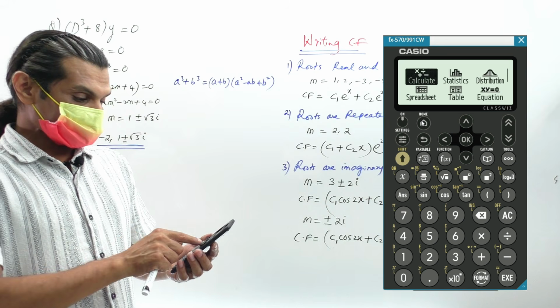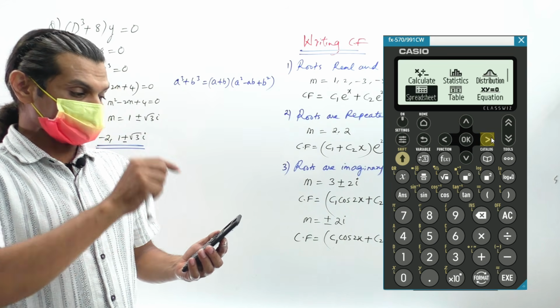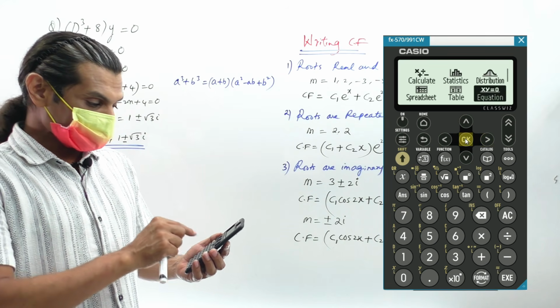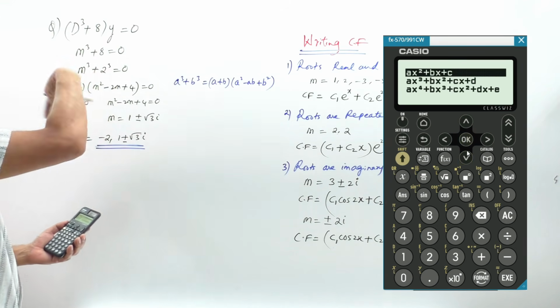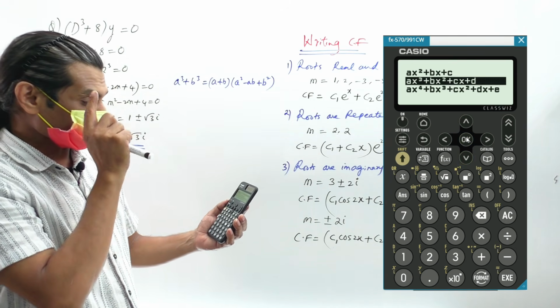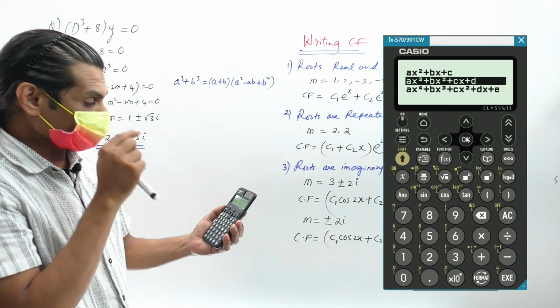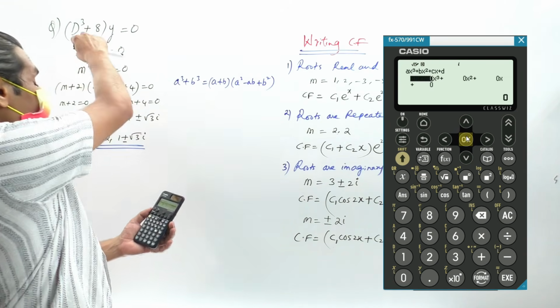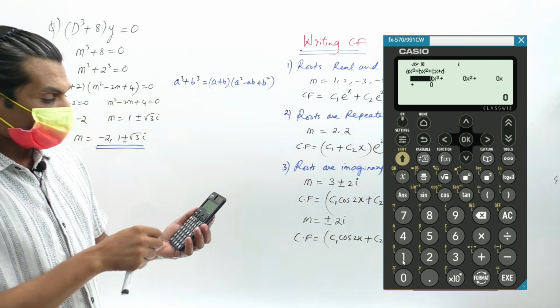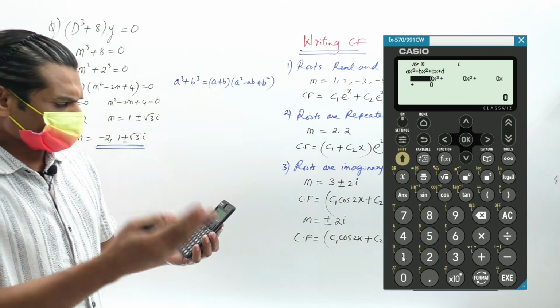we go to the home, then you press the equation, that is the x y 0, then we are solving a polynomial. Now the first option is ax square plus bx plus c, next is ax cube plus bx square plus cx plus d. We will take the second one because the order here is 3. Now you have to fill the values here,